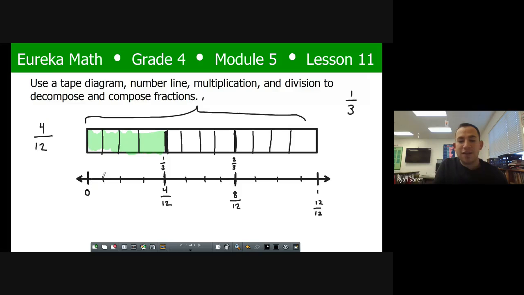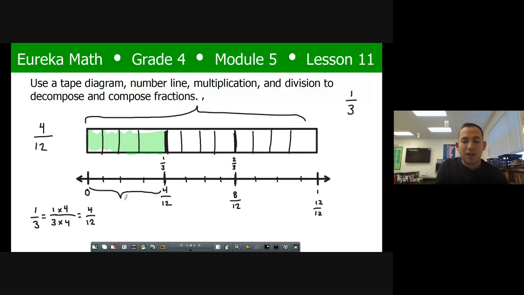And what we're saying here is that these are equivalent because this shows 1/3, but it's also showing 4/12. If we look at these pieces, it takes 4/12 to make 1/3. And let's write these out as a multiplication problem and as a division problem. So with our tape diagram, we started with 1/3, and we said that if we split up each piece 4 times, the shaded ones and the whole, remember what we do to the top, we do to the bottom. That'll give us